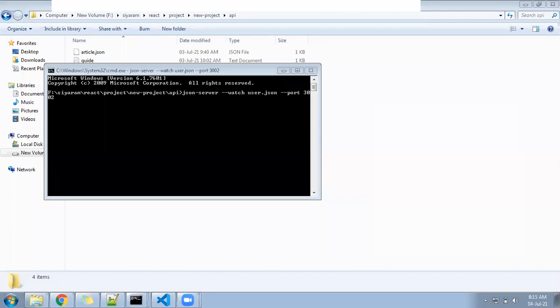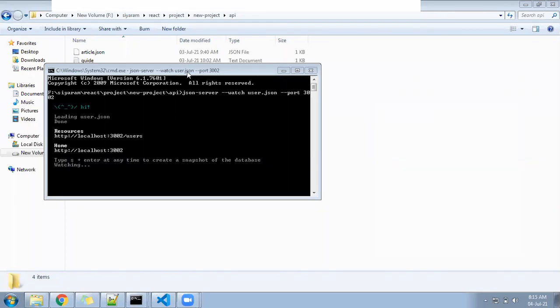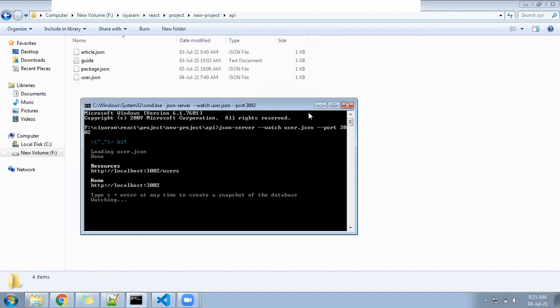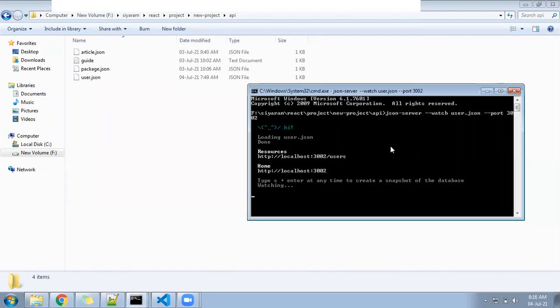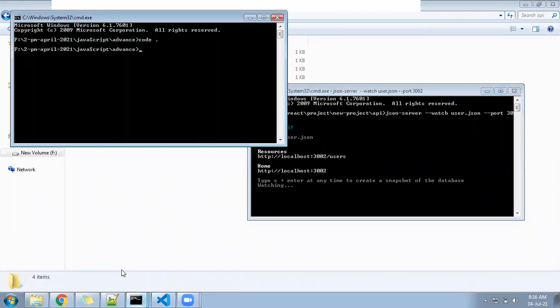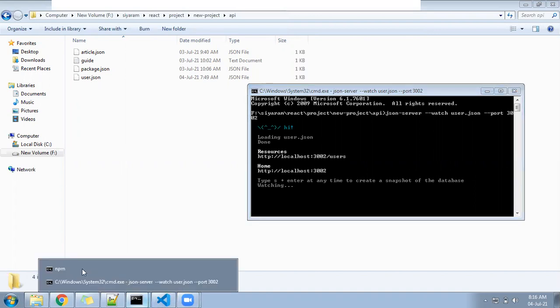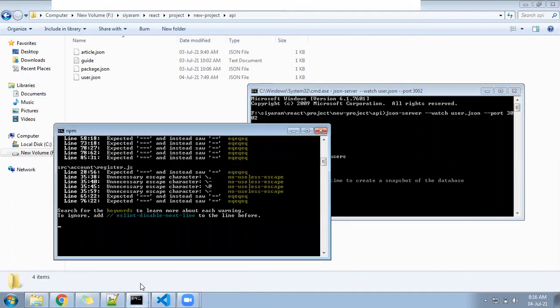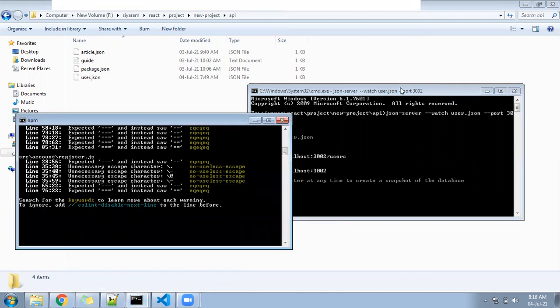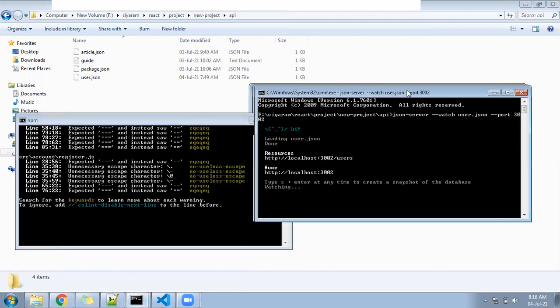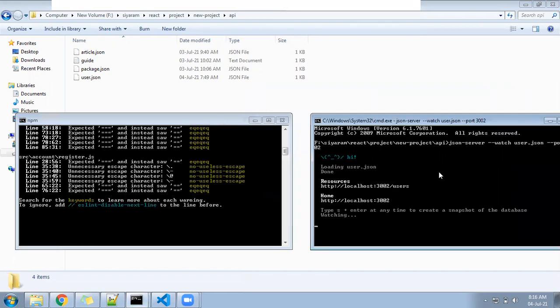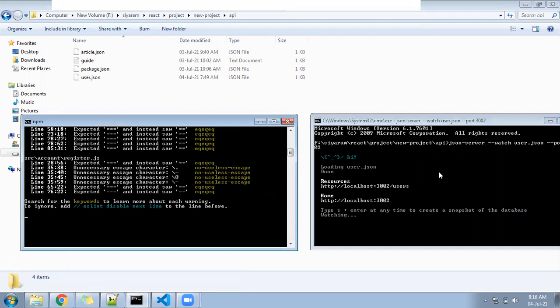Which line to execute in the CMD? That CMD line has gone to your chat. You run that. So here it says like this, it started working. Your React is also running somewhere. Your React is running, and here your API server is running. Let's get ready, both are running.